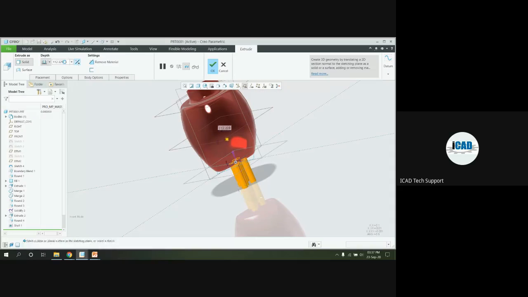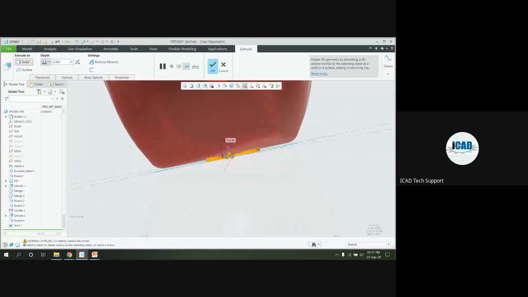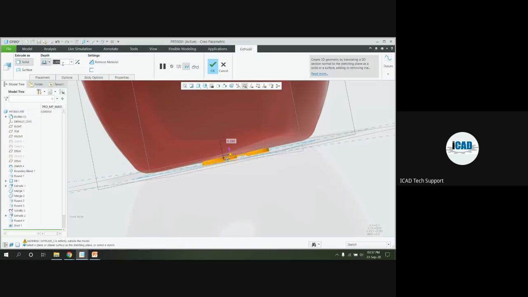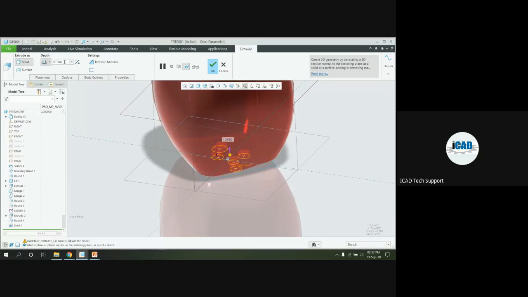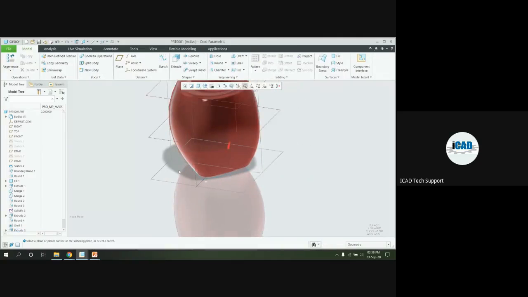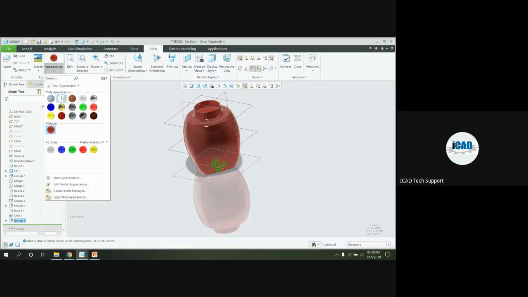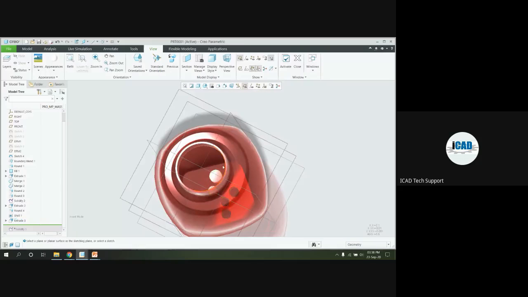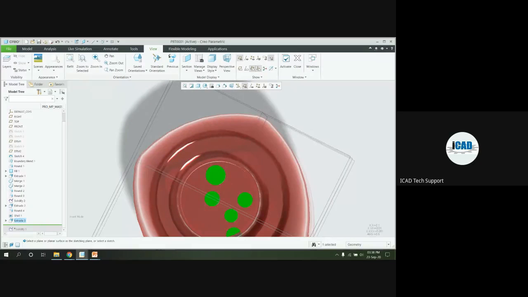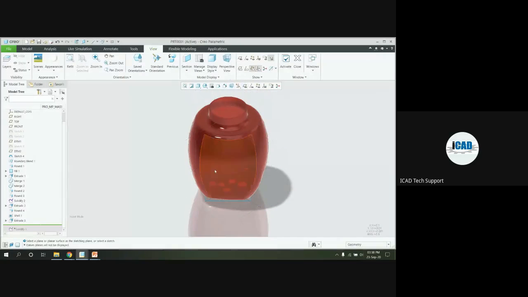In the opposite direction, just as a thickness, 10 mm. I can change the color using this view appearance, a white color for these internal surfaces. Click on that and give the white color. Now you can see it looks like a